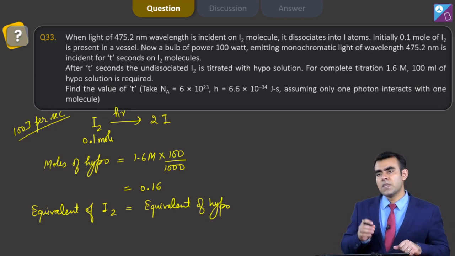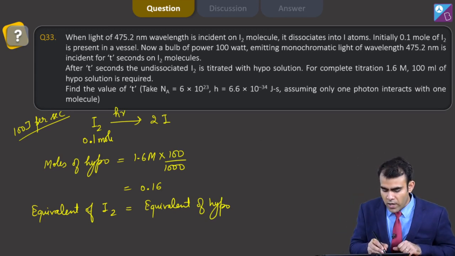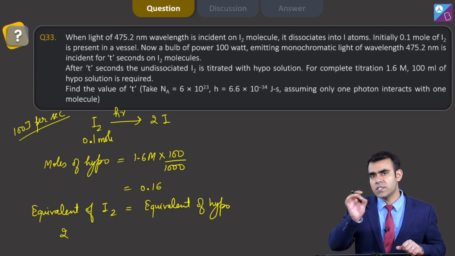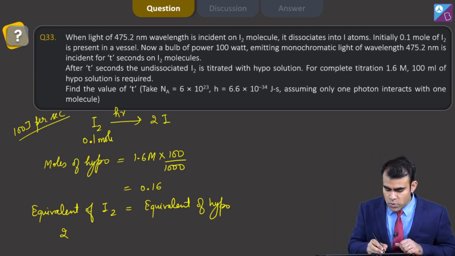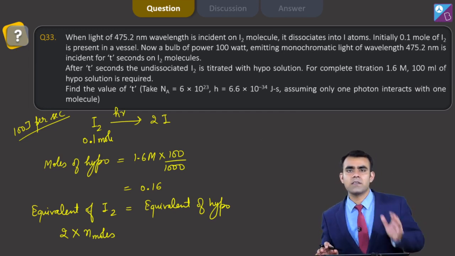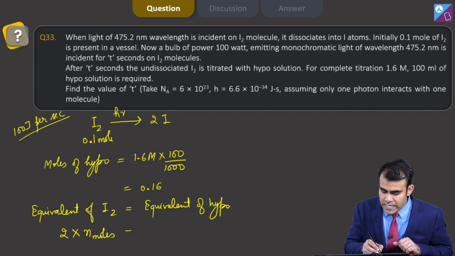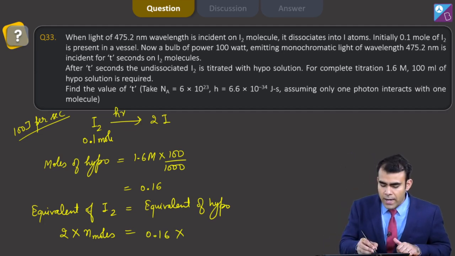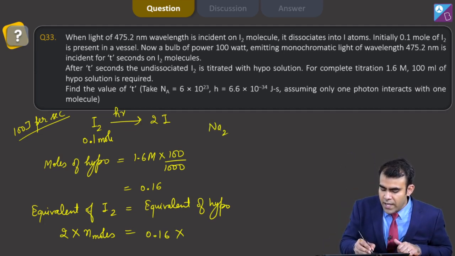Now we know that the valency factor for iodine is 2, as it is going from I2 to I, so the oxidation state changes by 1. So 2 into moles of I2 that remains, or that reacts with my hypo solution, is equal to moles of hypo, that is 0.16 into the valency factor for hypo. Now hypo undergoes a change, it goes from Na2S2O3 to